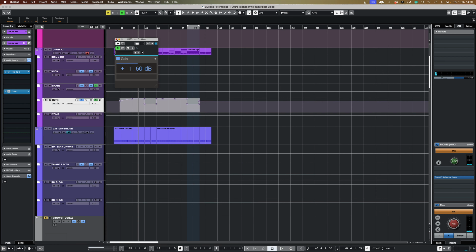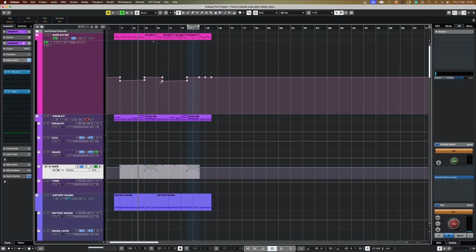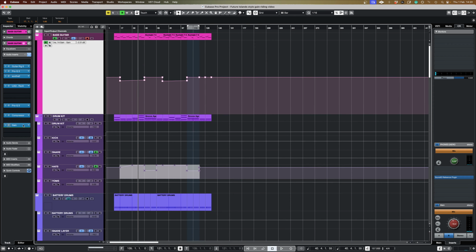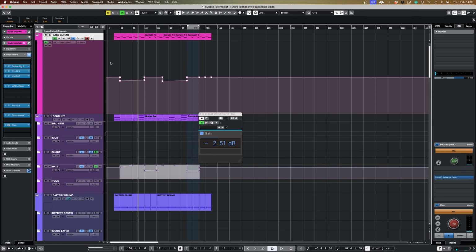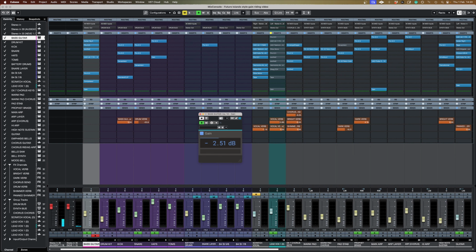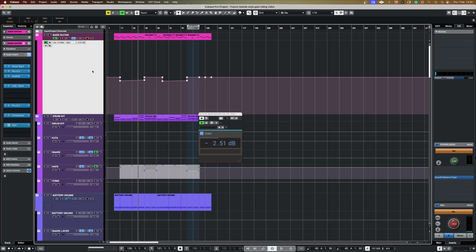So the other way of doing this is to put the gain plugin right at the end of my channel strip after all the other processing. You can see right at the bottom here, this is the bass guitar we're looking at now. And instead of automating the fader, the main fader for the track, which is over here, we can automate the gain plugin. So here we have